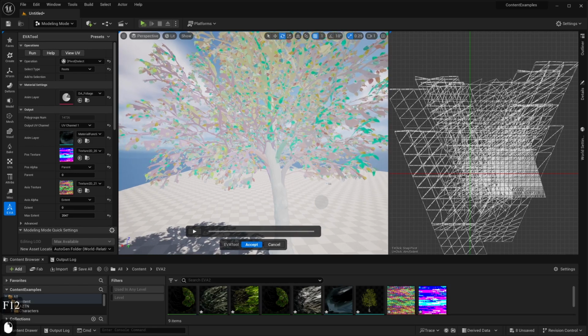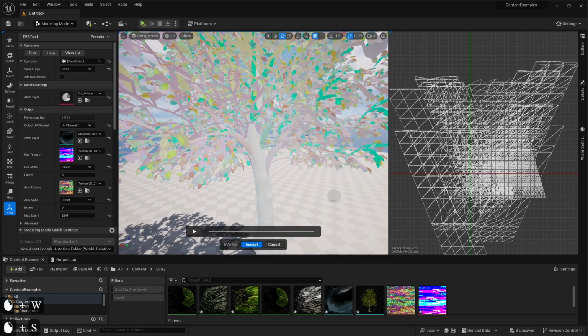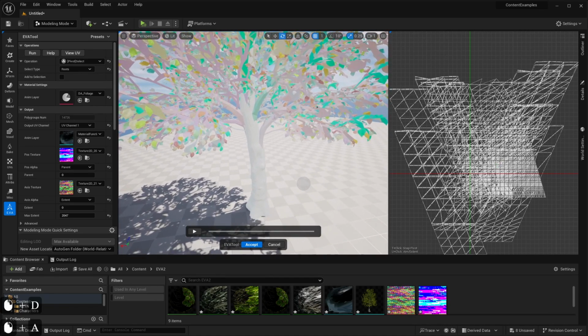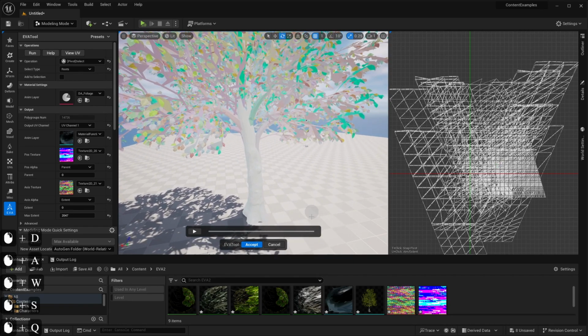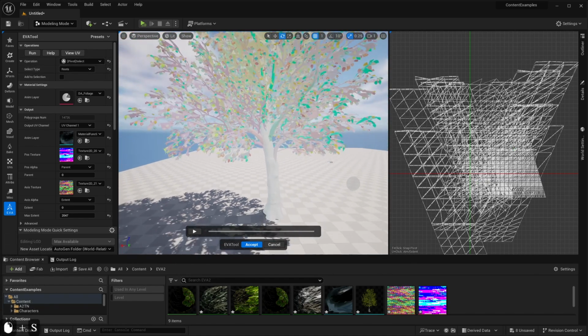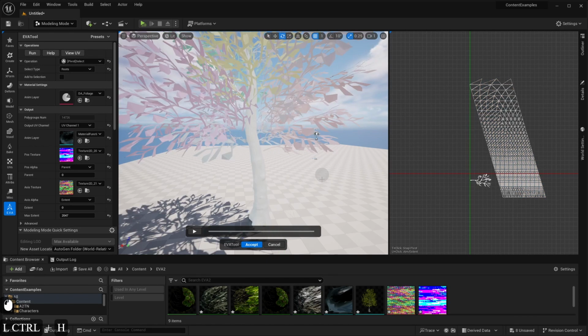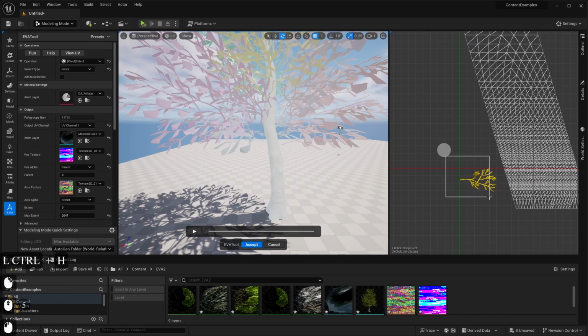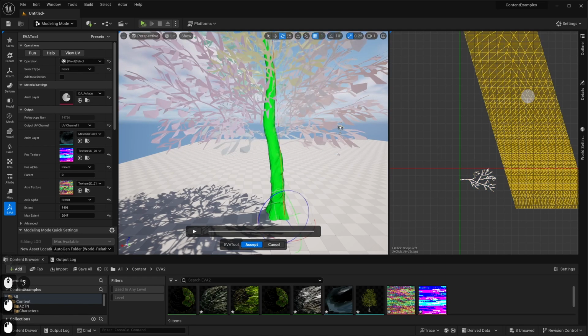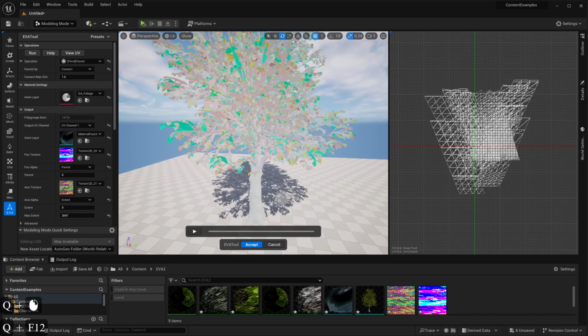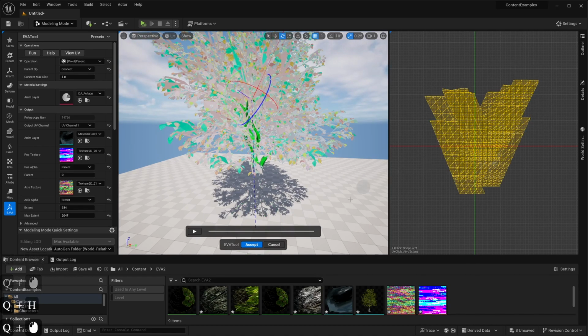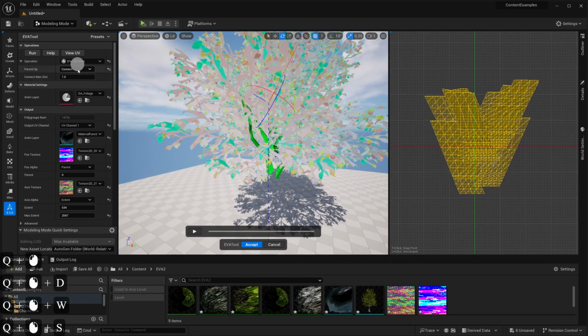The last step of parenting that we have to do is to parent small branches to the big branches. So to be sure that we didn't leave anything behind, we will go again into select and select all the roots, so all the pieces without parents. And if we select that, we can see all that remains is the little branches and the trunk. So we will hide the trunk, select all the big branches, and then connect them